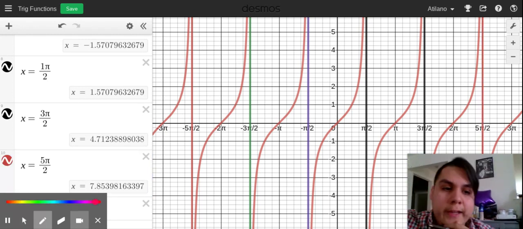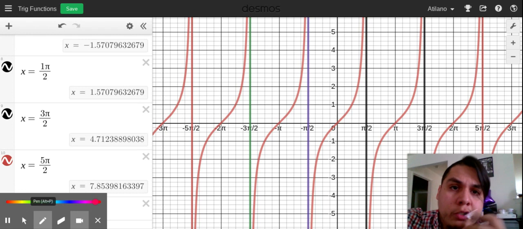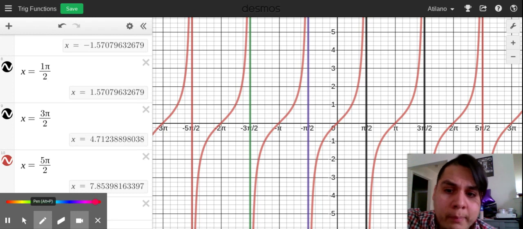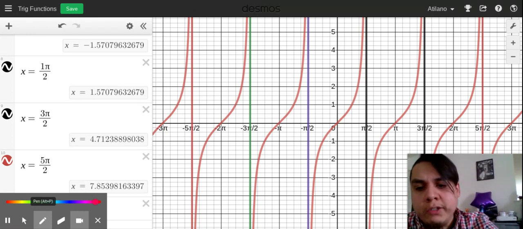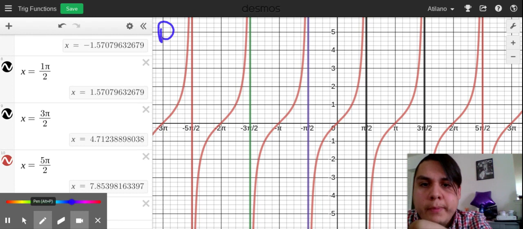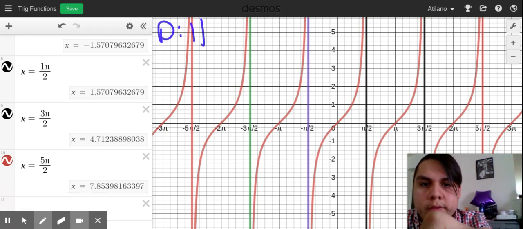Hopefully you notice that it's wherever I have a pi over 2 reference angle, and the numerator has to be an odd number multiplying that pi. So here's how I would recommend you write it out. Your domain is all real numbers except